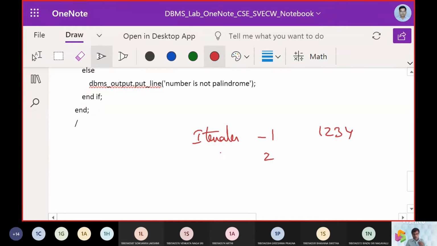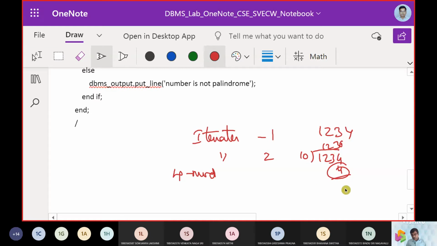Then in iteration 2, what are we going to get? Again we divide 1 2 3 4 by 10, then it is 1 2 3. Now we get a 4 as the pending part, so 4 will be the modulo.